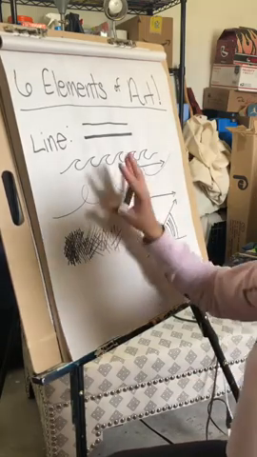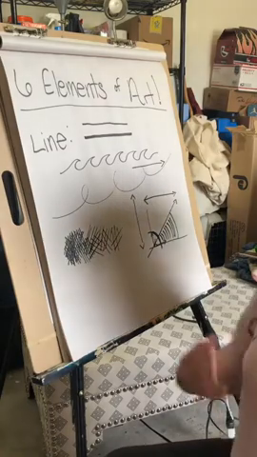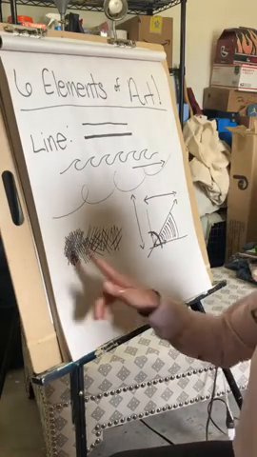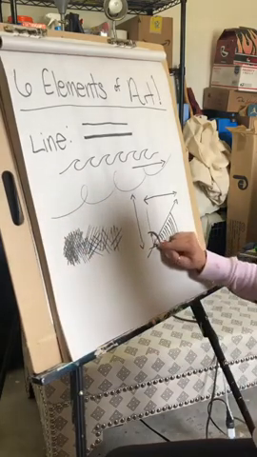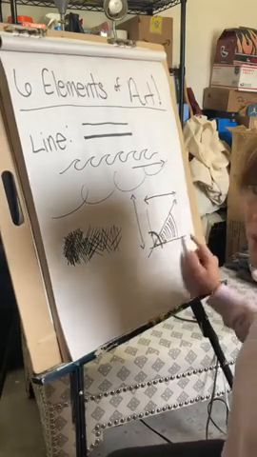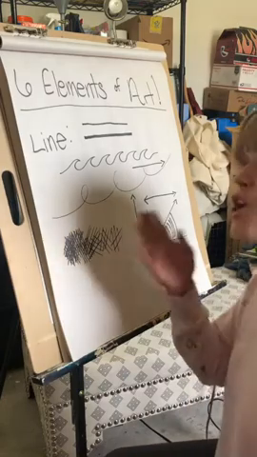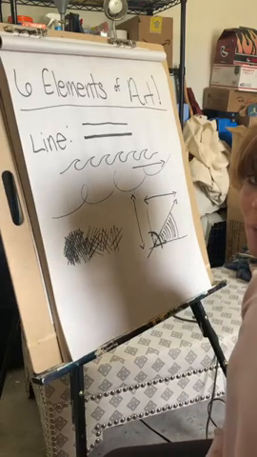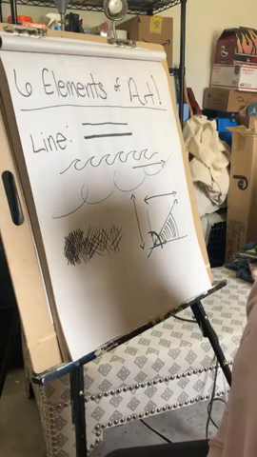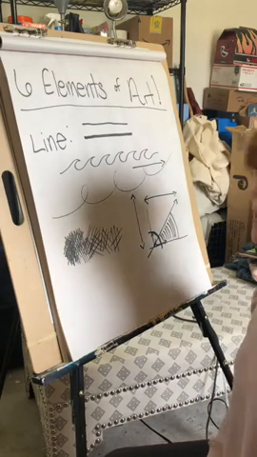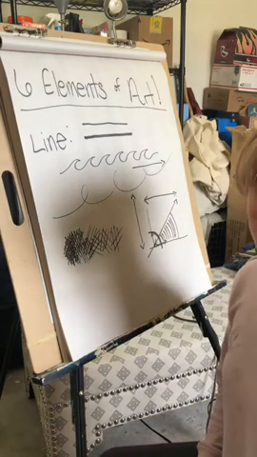So those are a couple different ways that we can use line. Thinking about what the other 6 elements are, we already know how it'll help us create value. If this is creating smaller space versus larger space, we can see how our diagonal lines will help us when we start talking about the element of space. So this is our very first element, and now I'm going to go over to our second one, which is